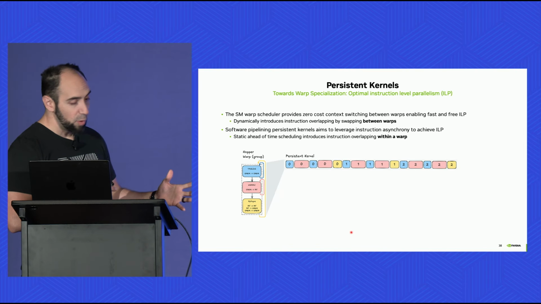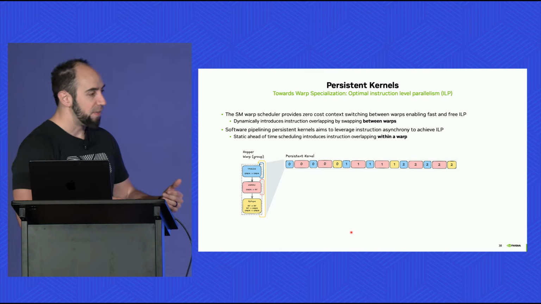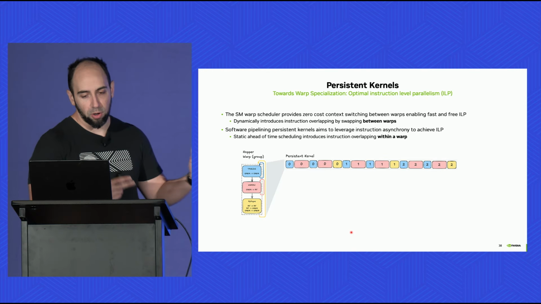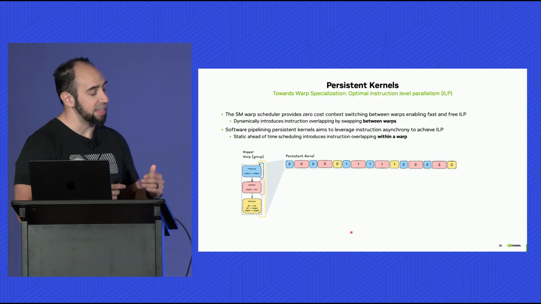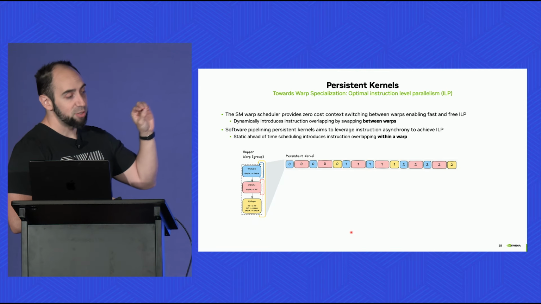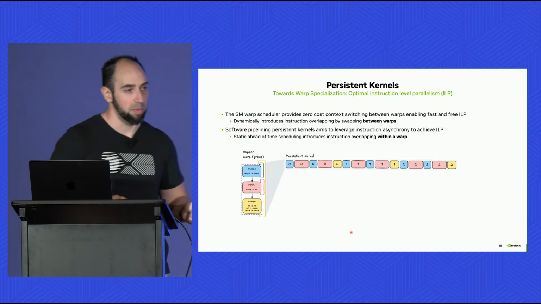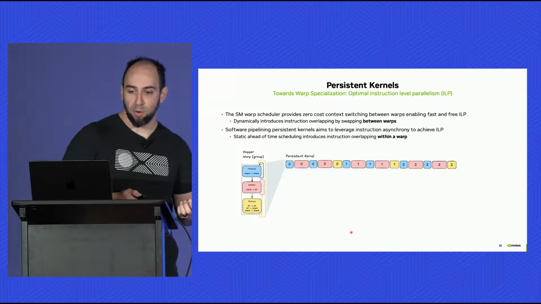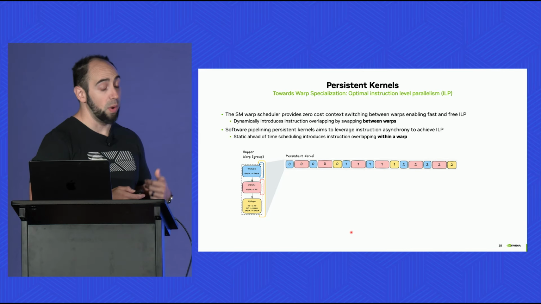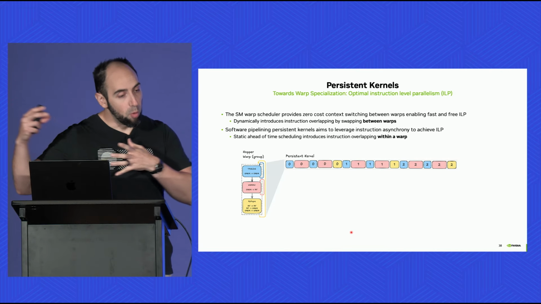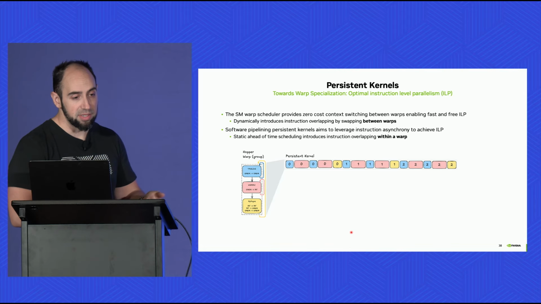Circa 2020, around the Ampere timeline, and then also in Hopper, we found that there's not enough work to be effectively overlapping. Maybe another way of saying this is, we would like to see instruction level parallelism not only between warps, but within a warp as well. So for Ampere and Hopper, one of the things we found can be quite helpful is to take more work and pull it into a single warp or a single warp group,